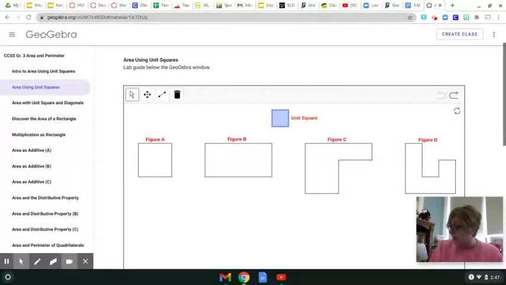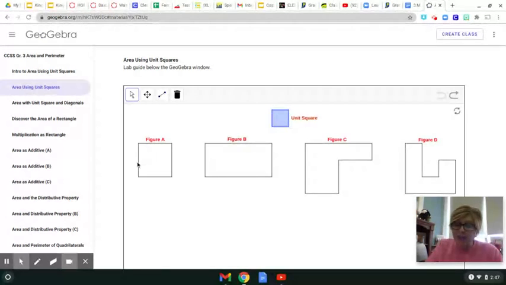So we know that the area is the inside of a shape, kind of like if you needed to know how much carpet you would need, you would need to know the area of your room. Well, we can do that by drawing in the squares in a shape, in a rectangle. It doesn't always have to be a rectangle, but we can draw them in to find the area. The only thing we need to remember, however, is that when we do that, our squares need to be exactly the same size. So I have up here what's called a unit square,